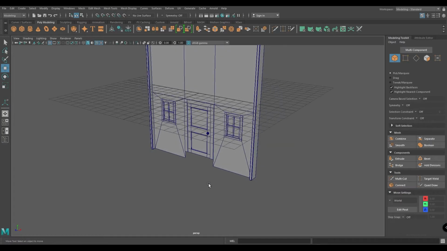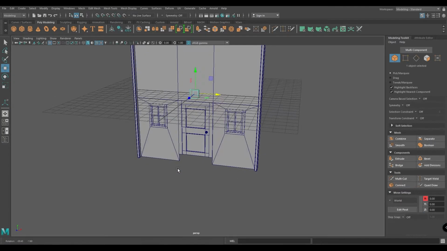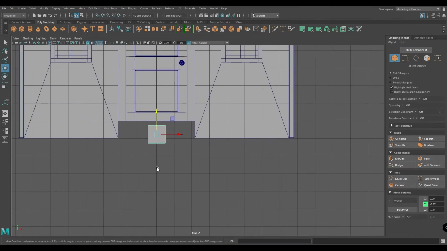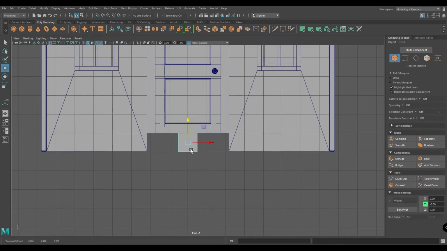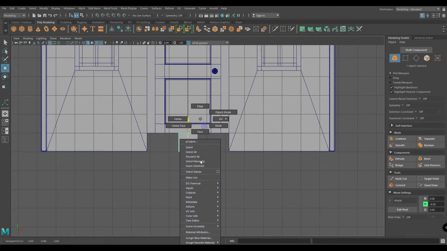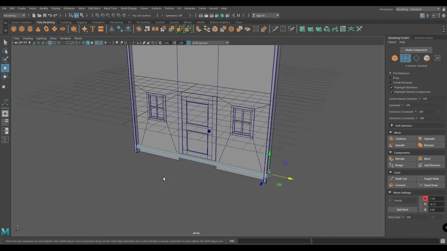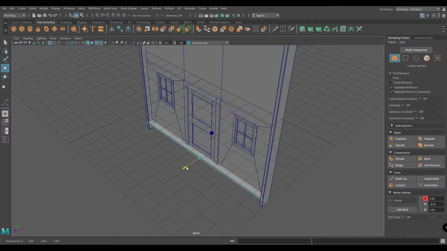Now let's create a front porch for this house. So again take another cube, bring it down. Go to front view. Go to vertex mode, select these bottom vertices and pull them up. Now select these vertices and bring them to the end of this side. And these ones to here. Go to object mode and bring this box out.